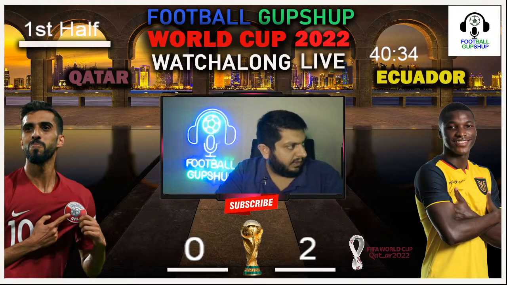They have got the ball. This is going to be interesting. Ball being pushed into that zone, and the ball goes out. So 41 minutes into the game, Qatar nil, Ecuador 2. We still have got 5 to 6 minutes. So that was really good in terms of what we were seeing over there, and that was really brilliant.